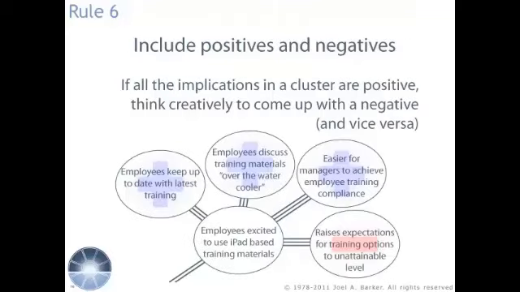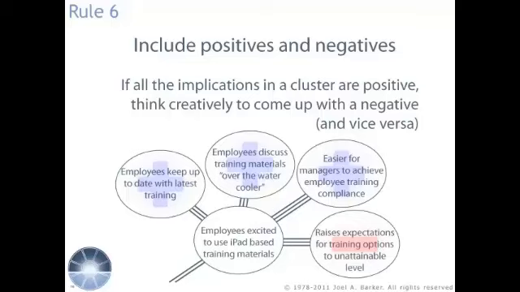Rule 6. In the sets of 5 implications, you need to have at least one positive implication and one negative implication. This keeps us from being too lopsided one way or the other. If you have trouble coming up with a negative, try to imagine what your harshest critic would say. For the positive side, ask yourself who would see this in a positive light and express their position in a specific implication.